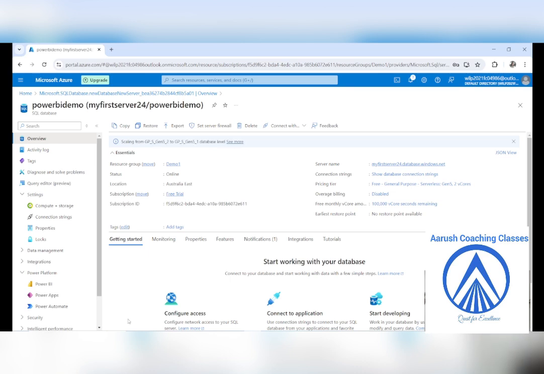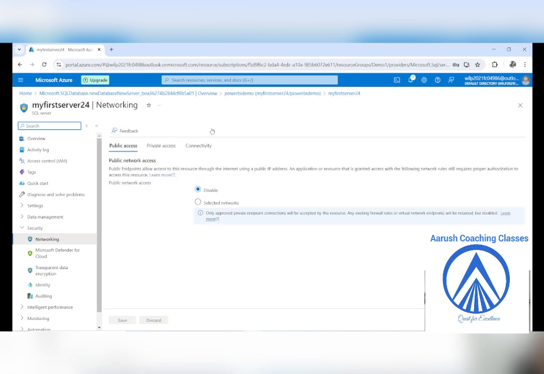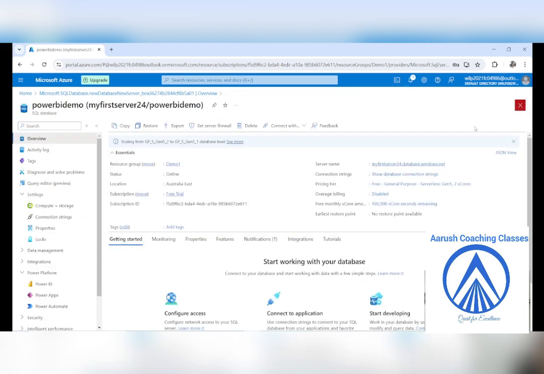Okay. Now, once you have done this, the next thing is to set the firewall. Now, why am I doing this? Because I need to get the details perfectly, right? So see, when I say, okay, set the firewall, what is happening?